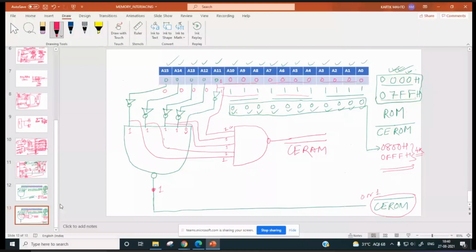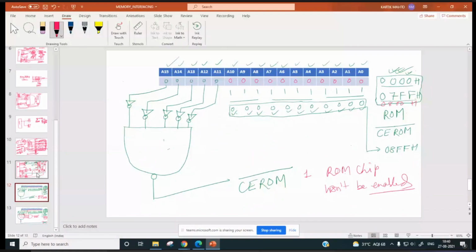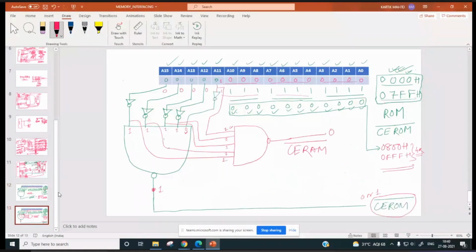So if processor sends data address, say 0800H, it will read data from the first location of this RAM chip, right?